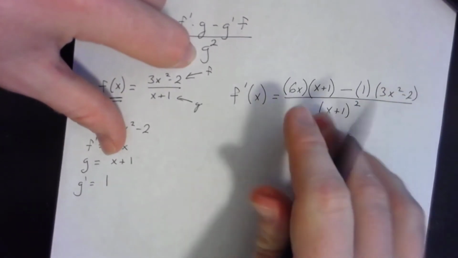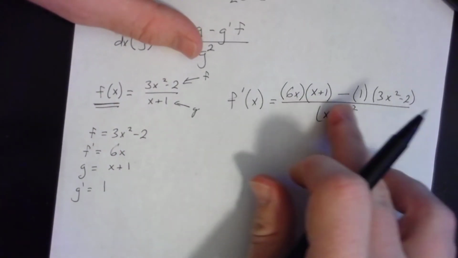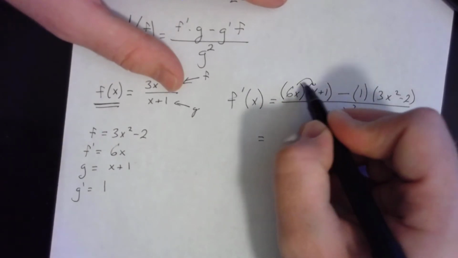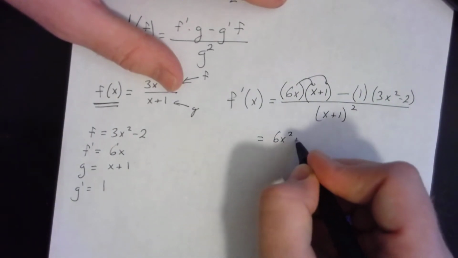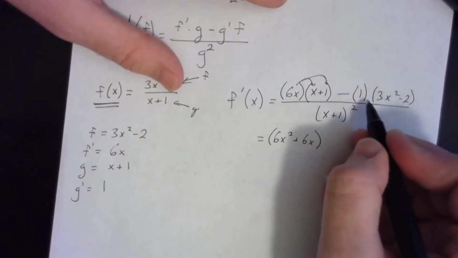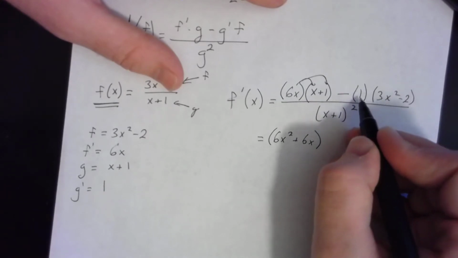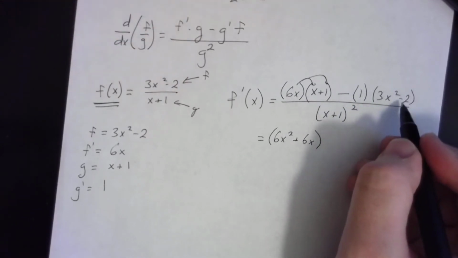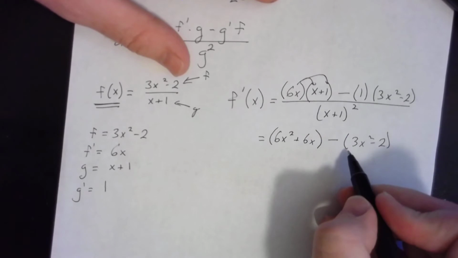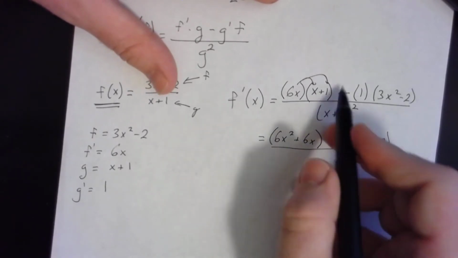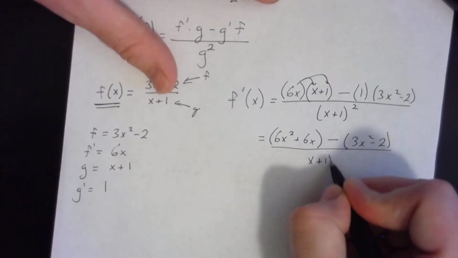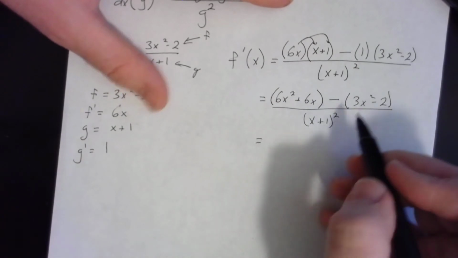Now in this case, I will definitely clean this up a little bit because the problem is not actually terribly obnoxious in terms of the algebra. So the 6x here will distribute to both those terms, giving me 6x squared plus 6x. I'm going to throw that back in parentheses. I'm going to say that this is minus all of this stuff. When I try and simplify this, you'll notice that that positive 1 distributes to those two if it needed to, and that would leave you with a minus 3x squared minus 2. Again, notice I'm throwing it back in parentheses. I'm simplifying just the individual terms, this one here and this one here, and then I'm leaving that minus sign there, making sure I do everything I can to be very careful with the multiplication as well as this negative